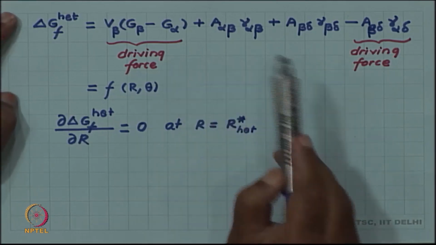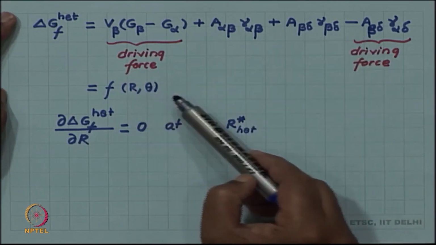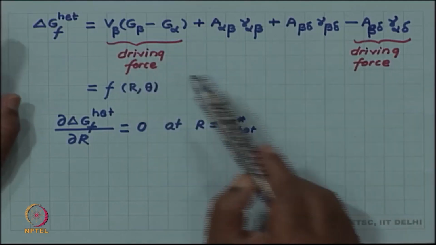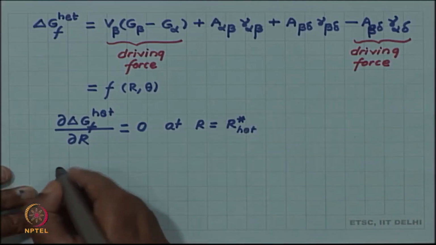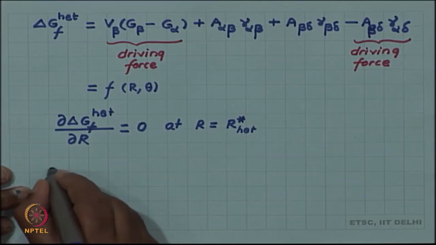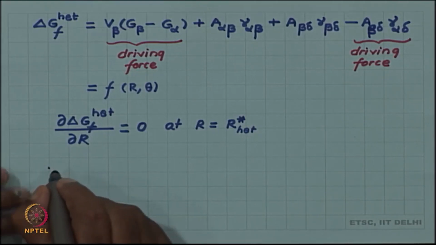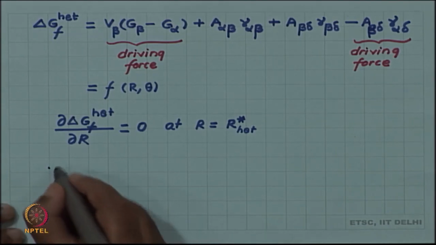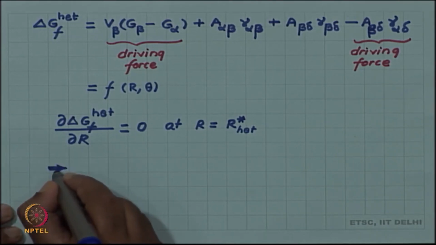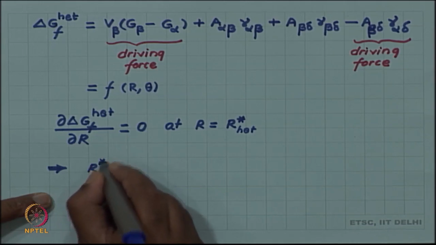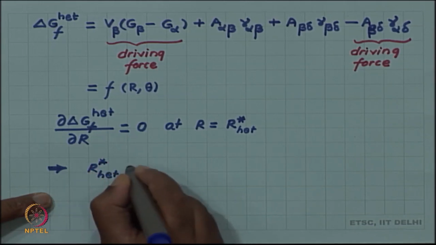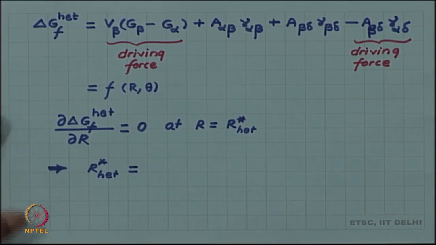So, when you express all these as a function of r and theta by substituting those expressions which we derived in the previous slide, and then differentiate, you can find the critical radius for heterogeneous nucleation. And rather interestingly, when you do this algebra, which I am not doing here and leave as an exercise for you, you can convince yourself that this r star heterogeneous, at which this differential coefficient is 0, turns out to be